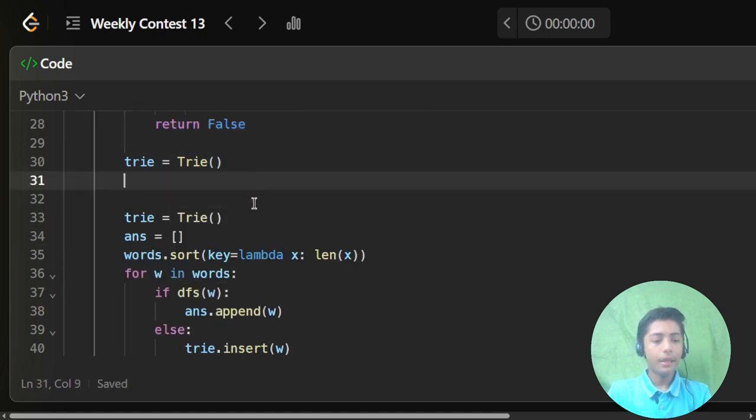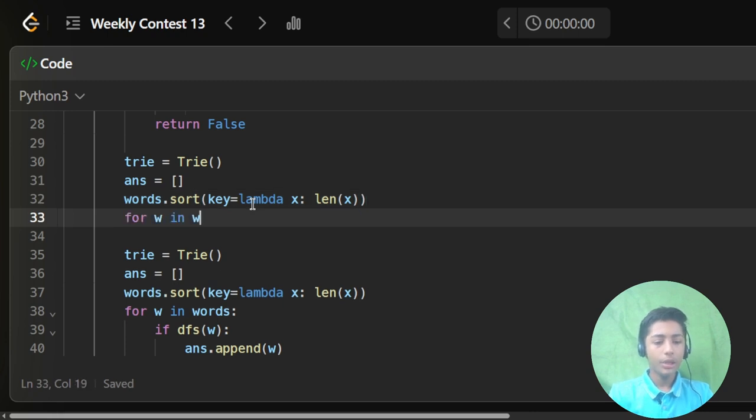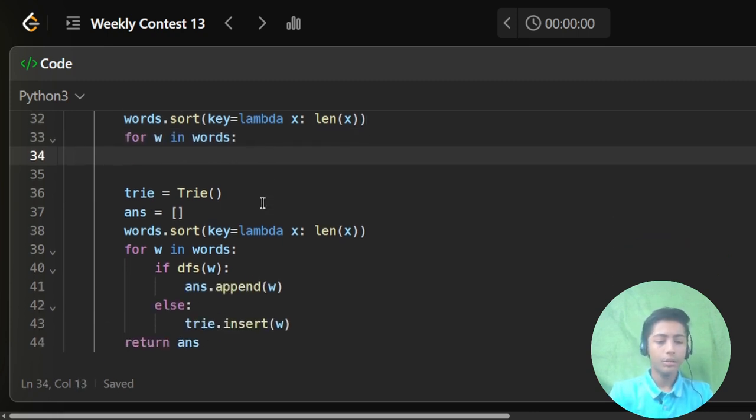And then back, and then ans equals to square bracket, words.sort(key equals to lambda x: len(x)). For w in words, if dfs one more time, and then like this.